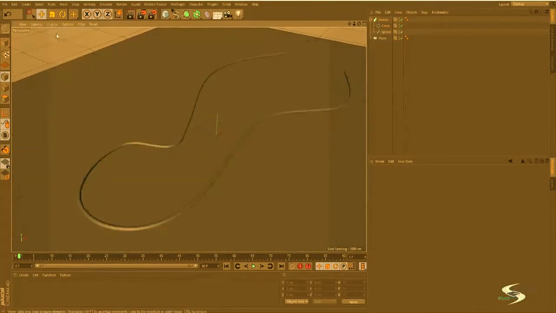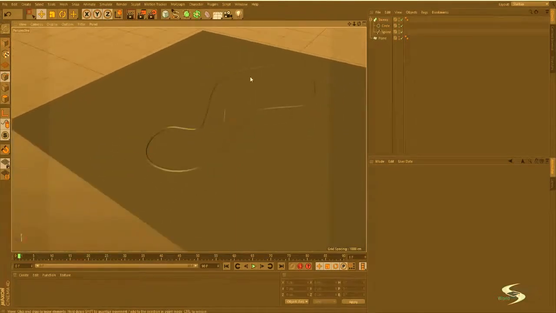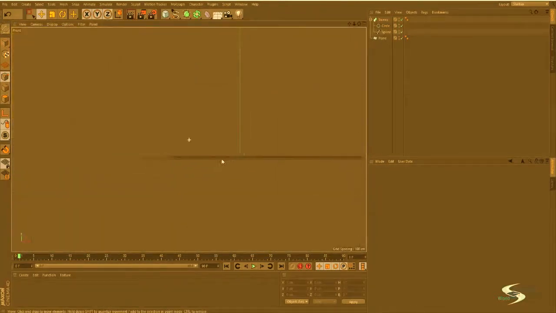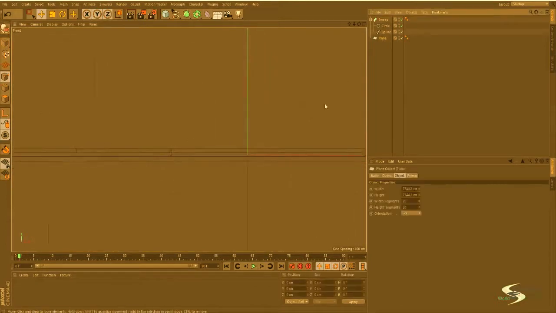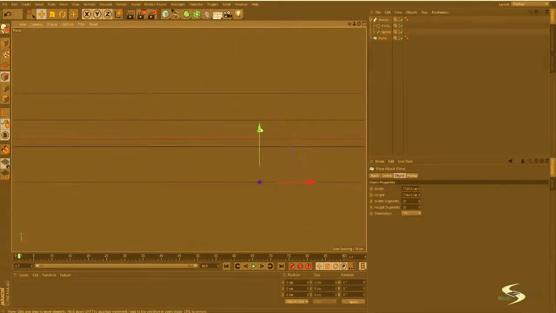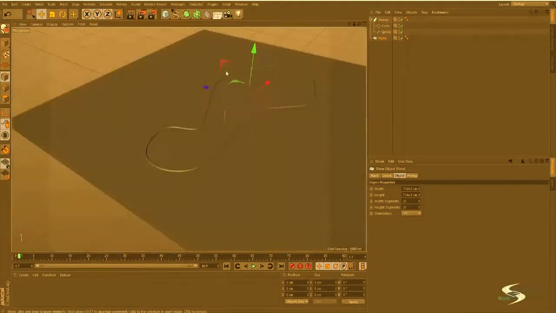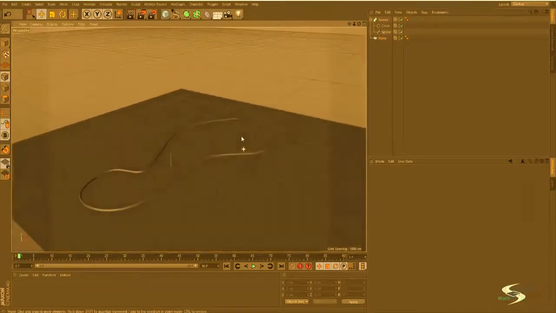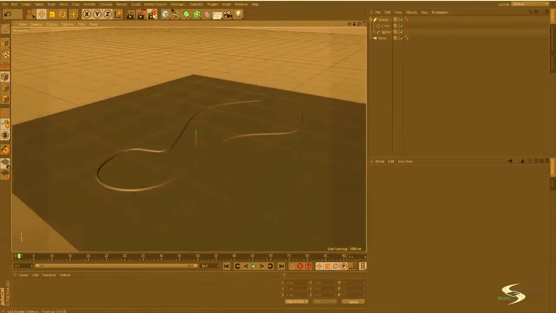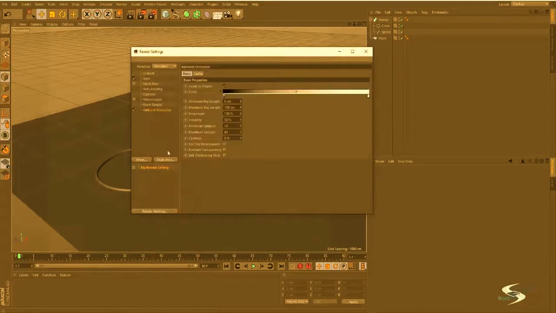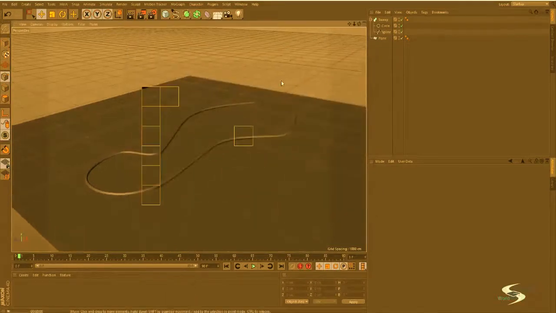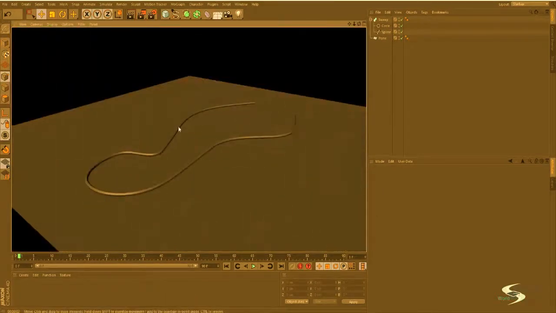We can go into the garage shading, and we can go into our side view, where we will be able to move the plane up until it touches the bottom of our hose. If we add ambient occlusion and render this, it's going to look quite alright. So there we go, we've got our hose laying flat onto the ground,